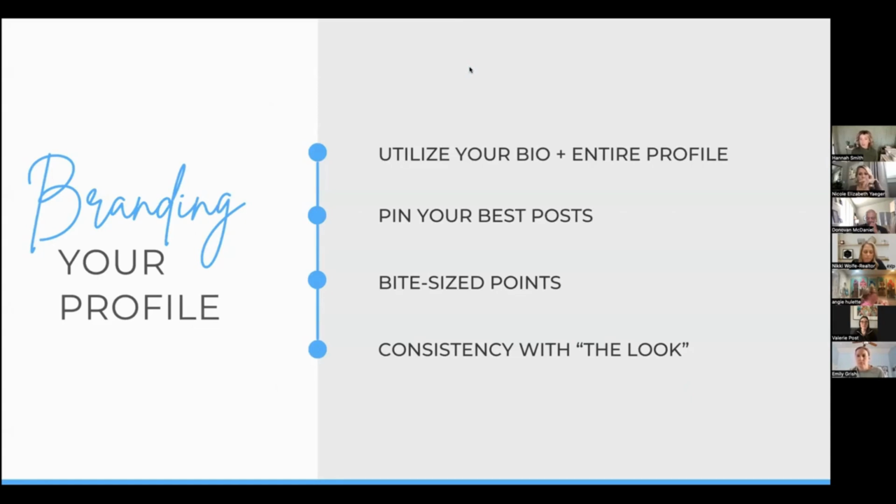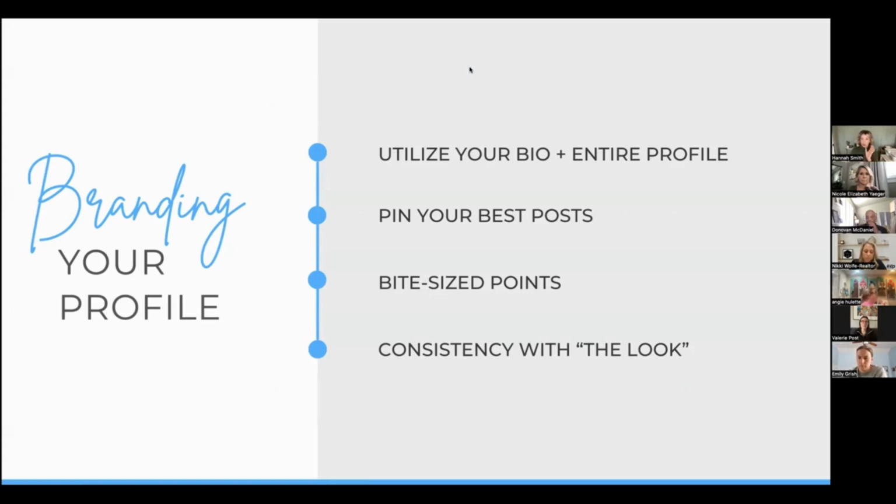If someone were to just stumble upon your profile, all willy-nilly, and they find your stuff, what would they see and how would they perceive you, as both a realtor and a person? One of the best ways to control that at any moment is pinning your best posts on the top of your page.